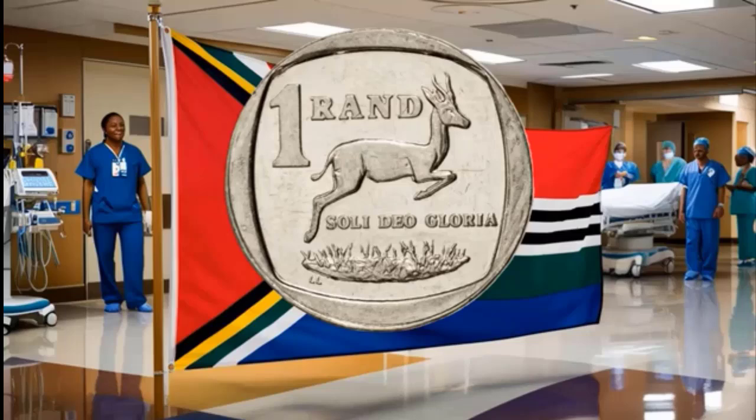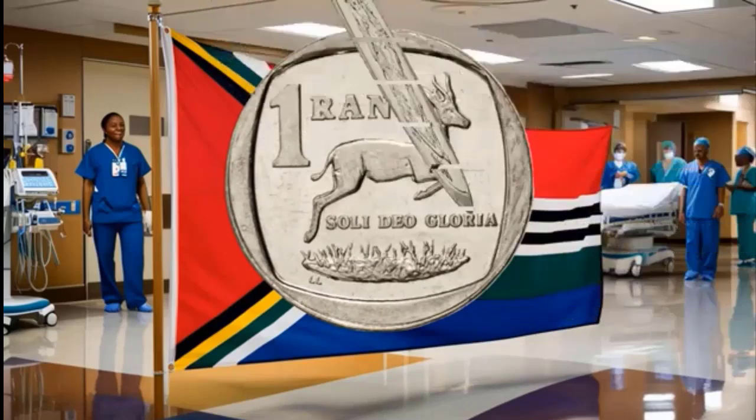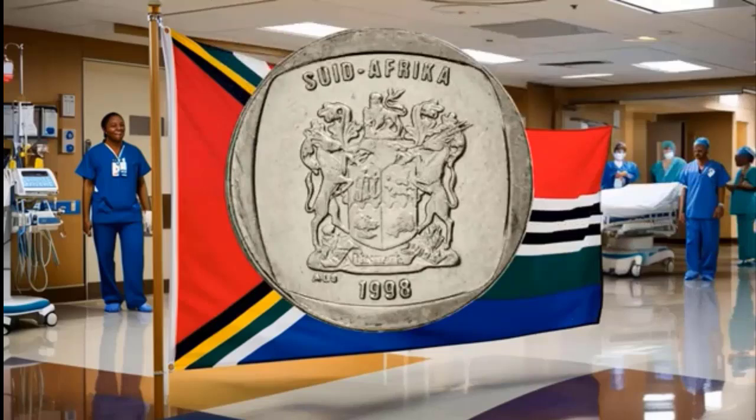And now, here is the part that makes people lean forward. Among collectors, whispers and private valuations have placed an exceptional, rare example of the 1998 1 Rand coin at an astonishing figure. Not the average coin, not the worn ones, but a specific, highly sought-after version, preserved and verified, tied